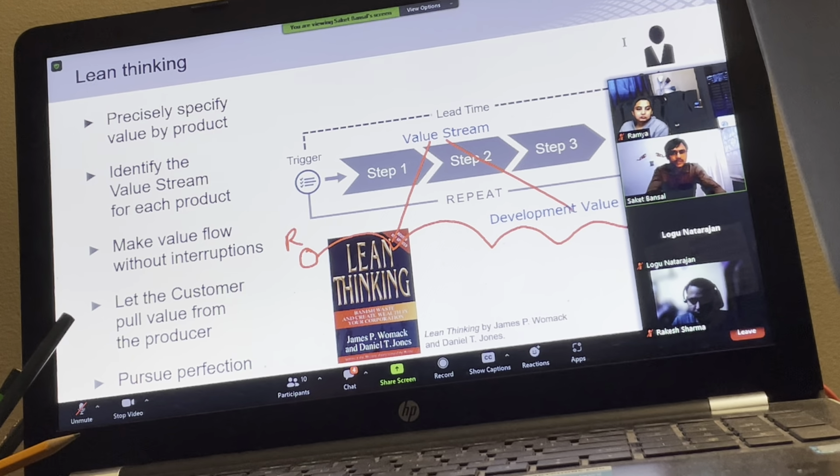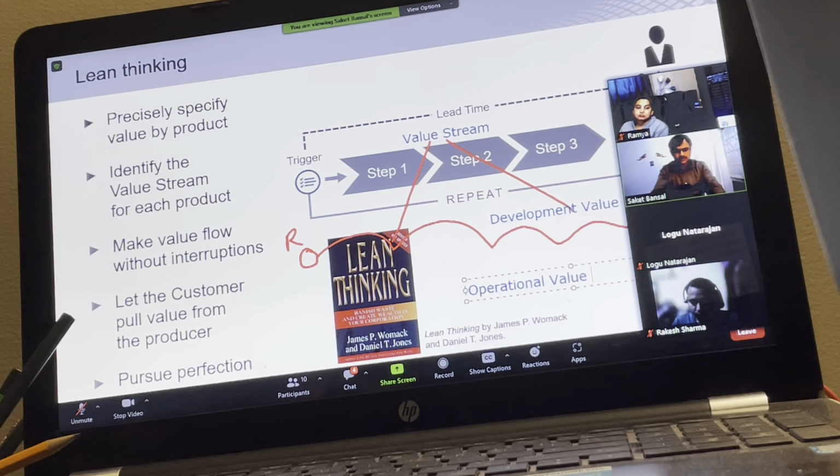value stream. Now, say you are a bank. Someone asked for a retail banking feature and you delivered it; that's a development value stream. Now inside the bank, someone applied for a credit card and then they get the credit card. At the end, you issued a credit card, you make money, and you satisfy your customer. That is also a trigger happening, steps happening, and value getting delivered. That is also a value stream. But in SAFe terminology, that is called an operational value stream.